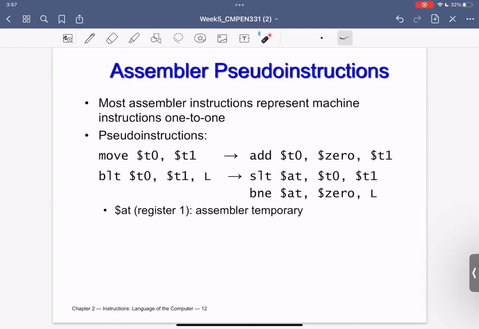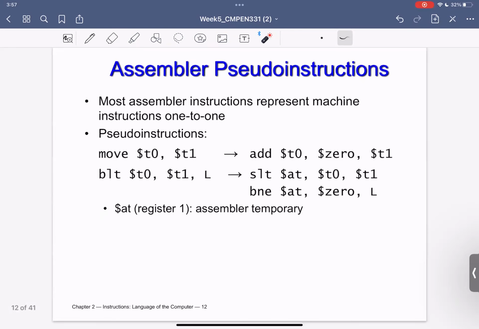With this simple pseudo instruction, we have seen something like that before with the move. Move T0, T1 means I am basically copying whatever is in T1 to T0. This can be written as add T0, 0 plus T1, which is moving or copying whatever is here to there.